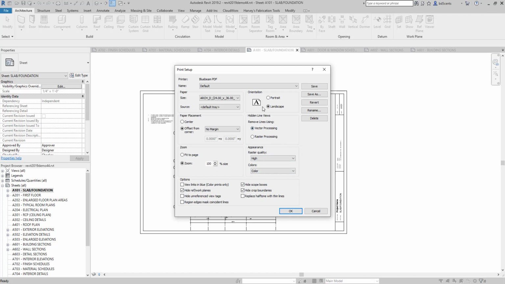We're not going to get into vector and raster printing. There can be problems that occur between the two. We'll get into that a little bit later. We can save this if we want and do a save as, and we could call it Gallatin